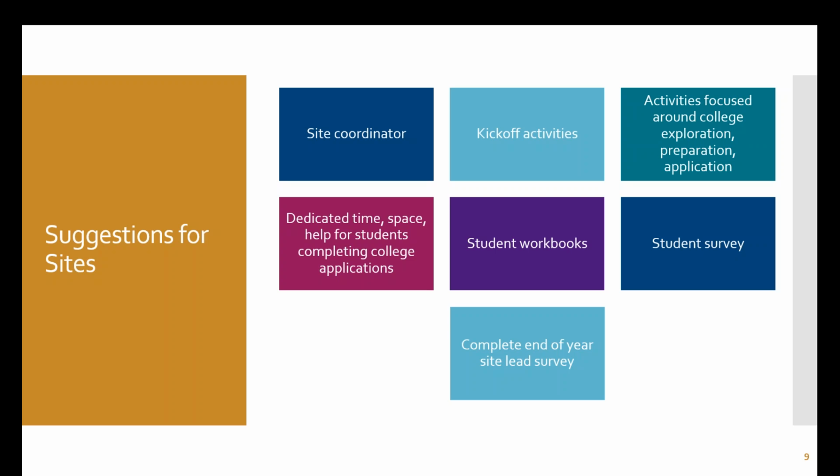We have our student workbooks this year. They are for juniors and seniors, so it walks them through both years and the processes of completing financial aid applications and admissions. We have our student survey, so this is not required, but we are going to continue to have that available. If you have 10 or more students complete the student survey, then what we can do is send you a personalized report for your event, which will include student quotes if they provide them. It'll also show data on how many applications they completed. It's really good for leveraging more support your following year. And then that one thing that I would love you guys all to do is that end of year site lead survey.